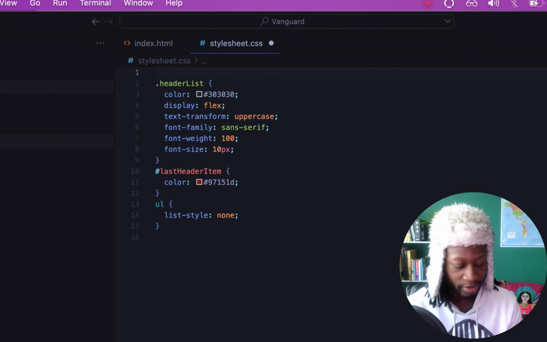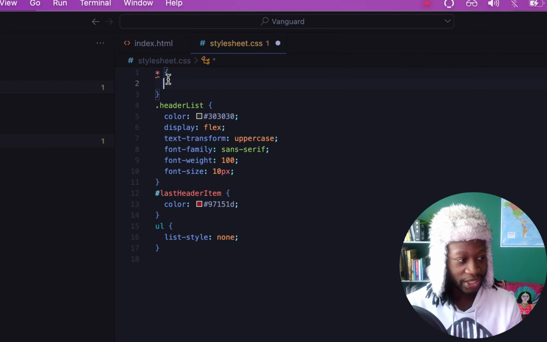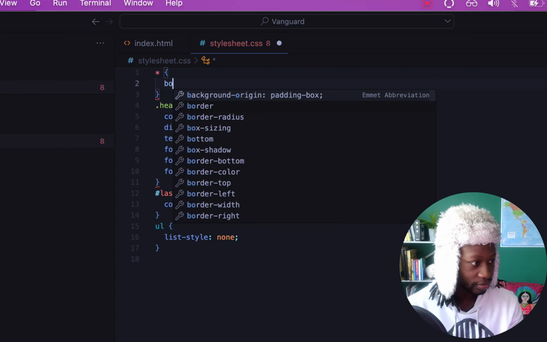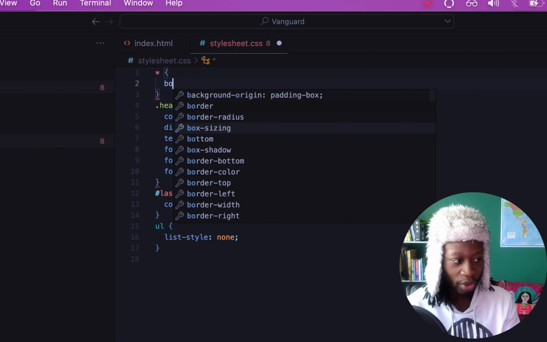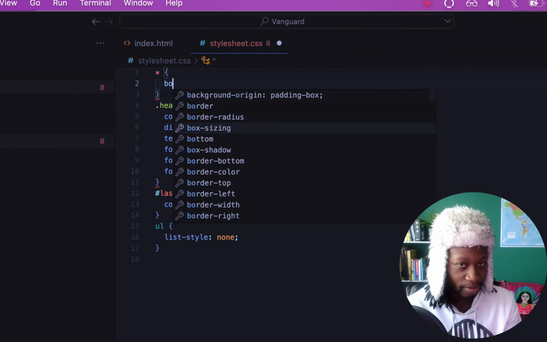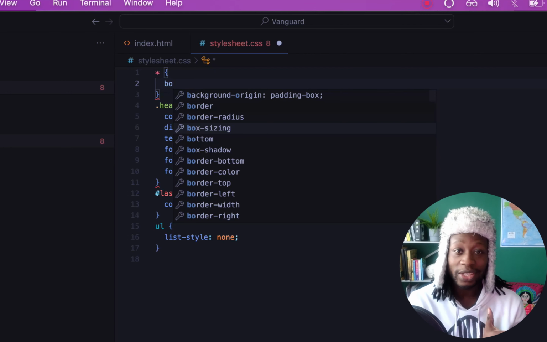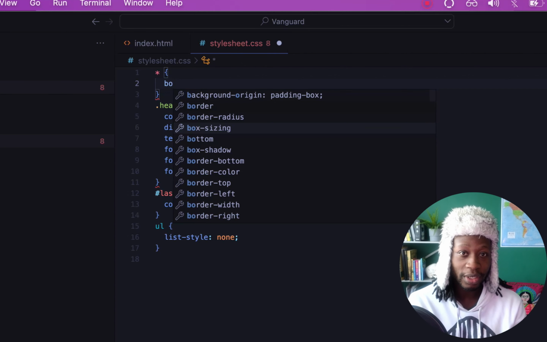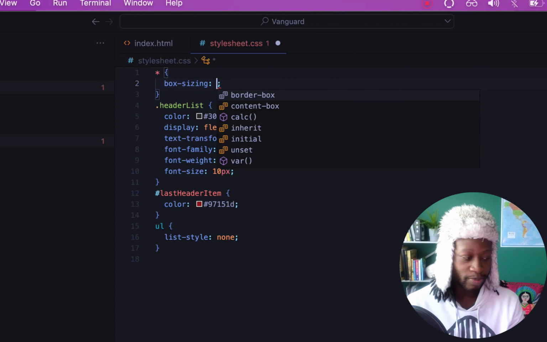I'm going to use this symbol, which means basically everything, you're selecting everything on your HTML file. And I just want all the box sizing, sorry. I want all of my boxes, no matter what they are, the boxes of my buttons, the boxes of my text. There's a border around text, there's a border around buttons, there's a border around forms. And I want all of my boxes to be sized as border box, which means